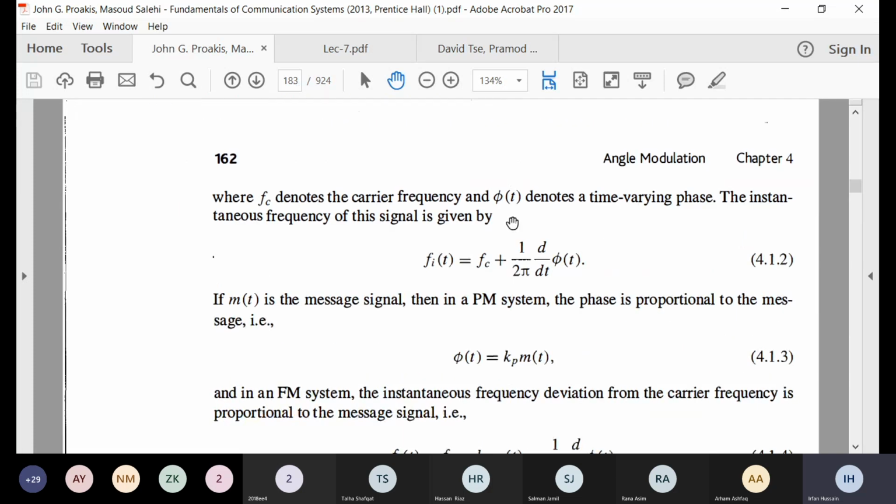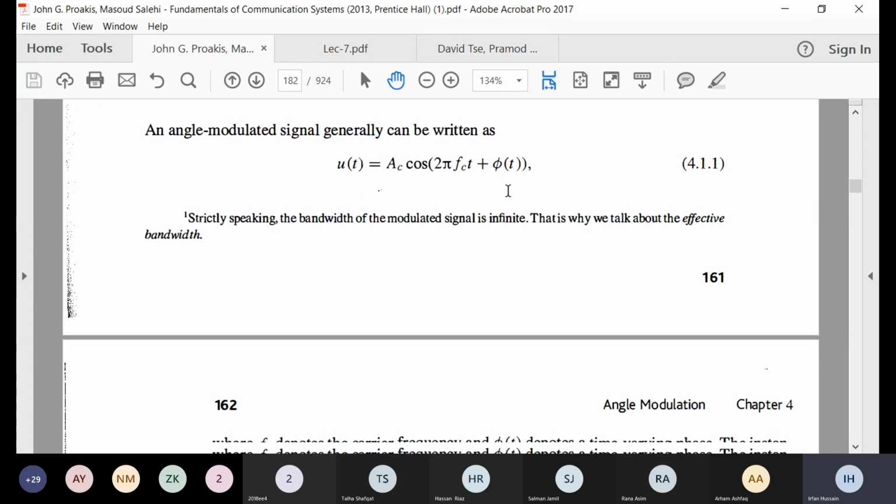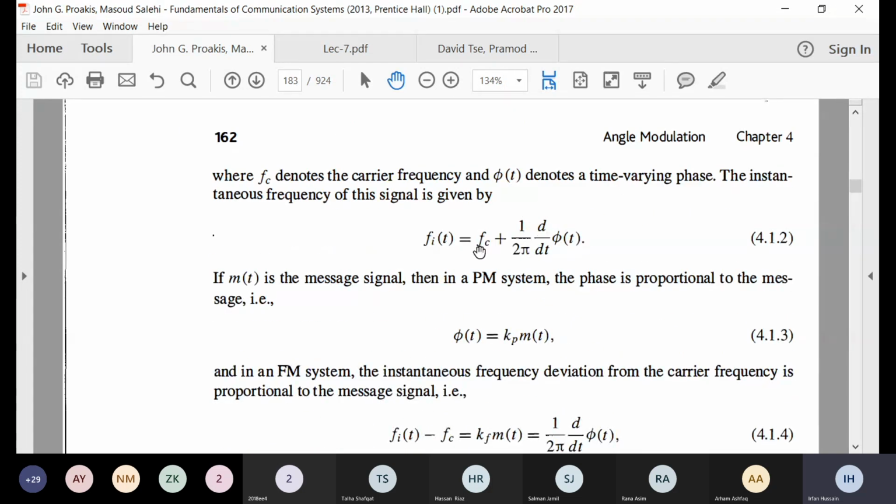and then the instantaneous frequency will actually be fc plus the derivative of phase with respect to t. The derivative of this will give 2 pi times the frequency, divided by 2 pi, and you will get the frequency corresponding to this phi(t). So the instantaneous frequency is the frequency of the carrier plus the derivative of the phase divided by 2 pi. So you will get the instantaneous frequency from here. So if m(t) is the message signal,